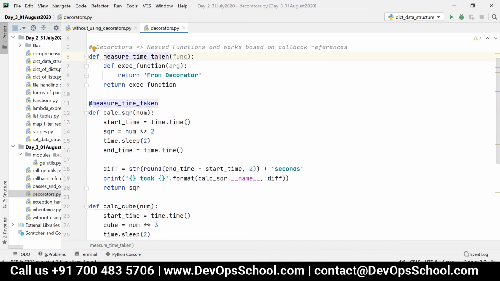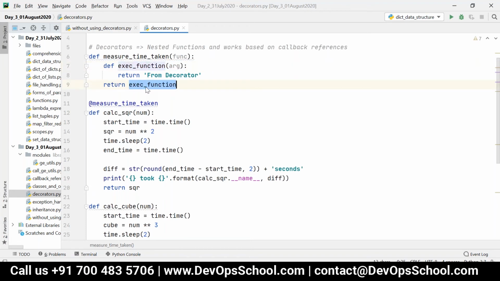Now measure_time_taken will take the reference of calc_sqr as the parameter, and exec_function will take the parameter reference of num. And then from here it will go to line number 9. That is, once this has been defined, it will go to line number 9.